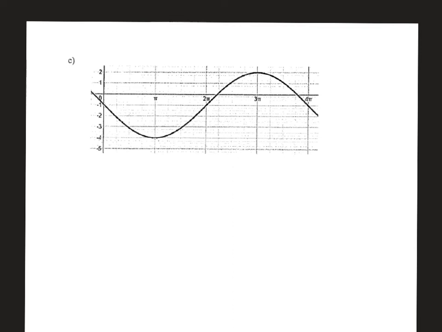Okay, and hopefully we're back. And so I can go through and I can label out a bunch of properties. If I take a look at this, that gets me down to a -4 minimum value and up to a 2 maximum value. So that's what's going to tell me that my amplitude is 3. If I were to move 3 units down from 2 or up 3 units from -4, that's going to get me a